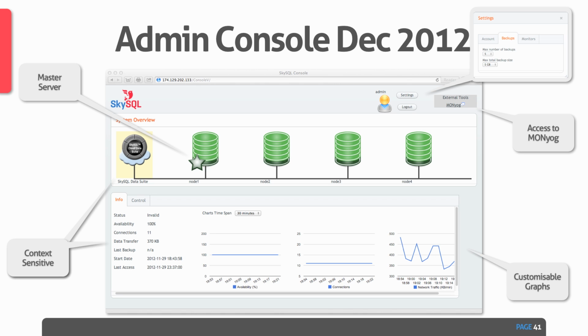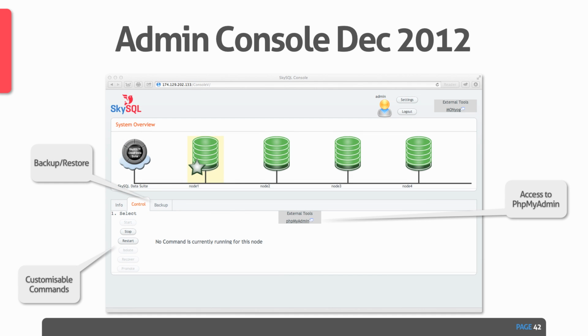The system is context sensitive, meaning that you can select one of the icons, and the lower side of the window will give you customized graphs for the whole data suite, or only for a specific node, plus relevant information. And you can also, of course, have basic settings that are available for the console. Once you select the nodes, you can also execute or define some commands like stop and restart a server,